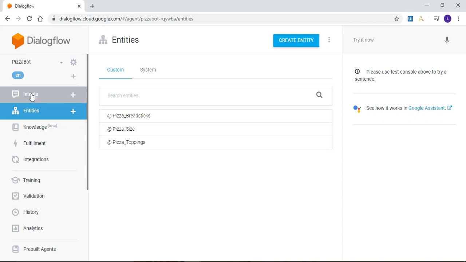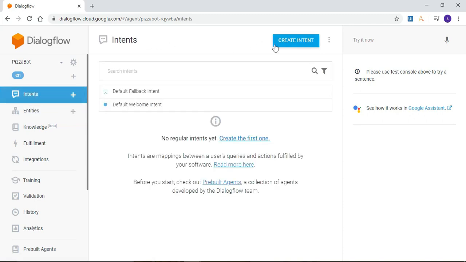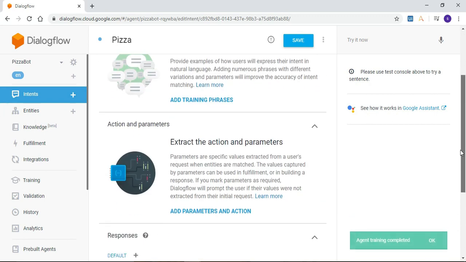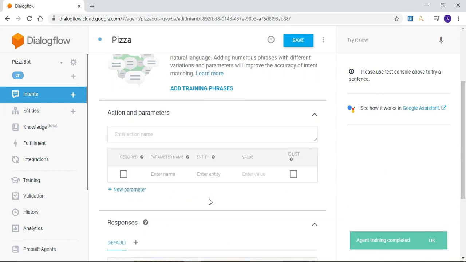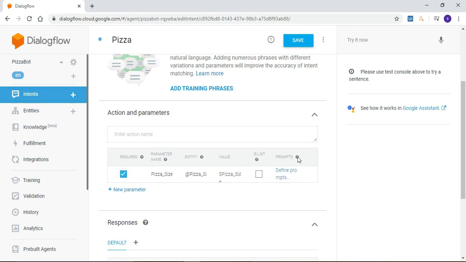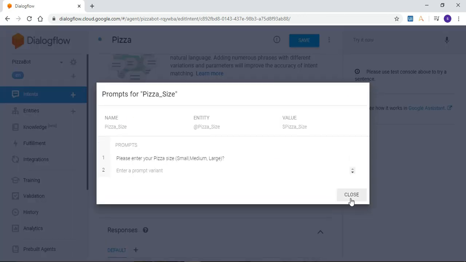Now go back to intents and create a new intent and click on save. Once you have created a new intent, go to add parameters and action and add a parameter entity as @pizza size that we have already created. When you enter the value, make sure you first enter the dollar symbol and then your value, and click on the required checkbox and enter the validation and click on close.